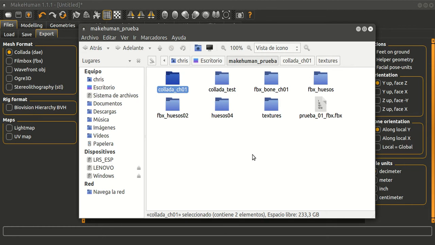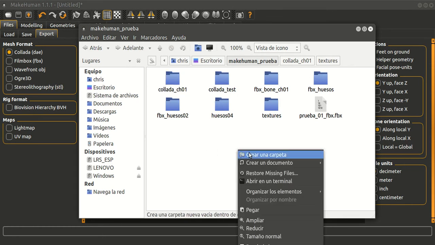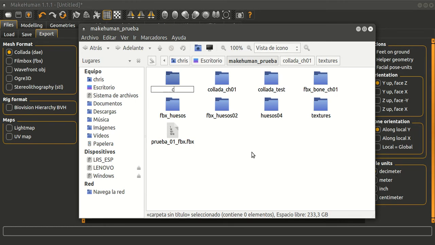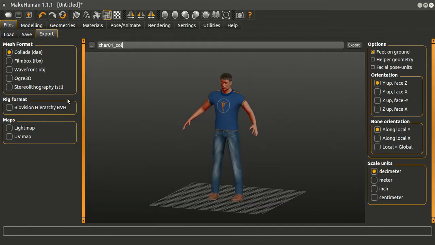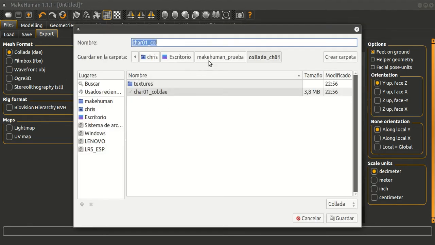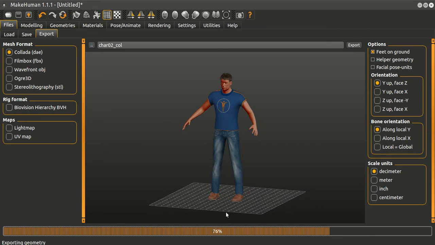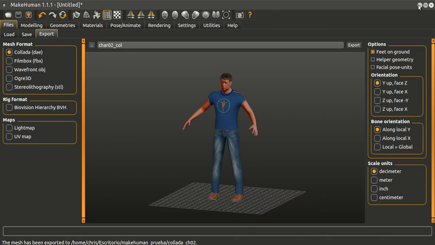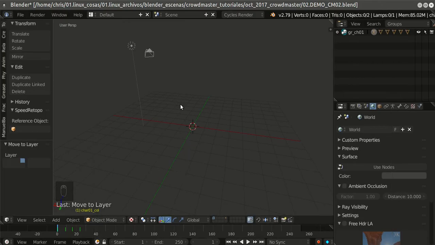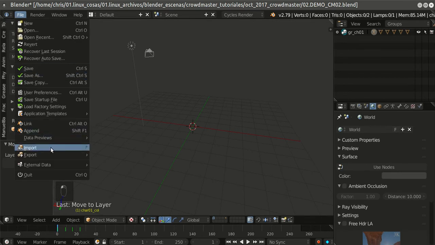file for more order. Carpet, for example, Collada underline ch02, for example. And then now I select my new folder, and I change only the name to ch2. Pick save, MakeHuman save and export. And now I return to the Blender file,